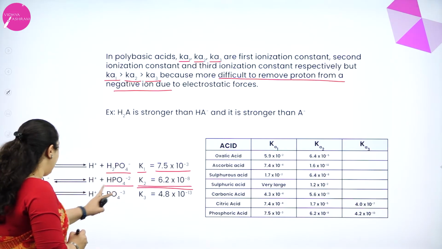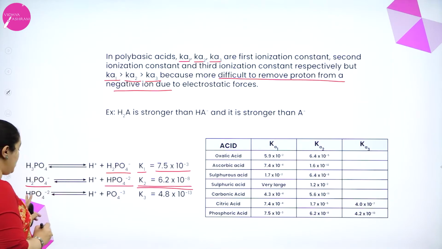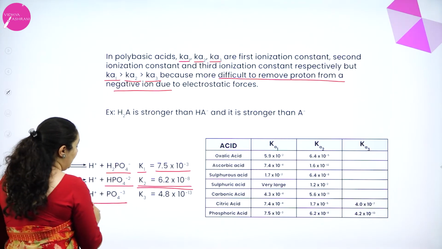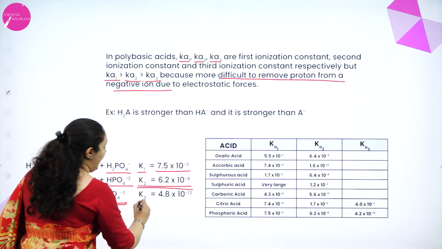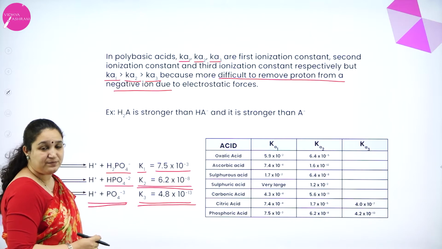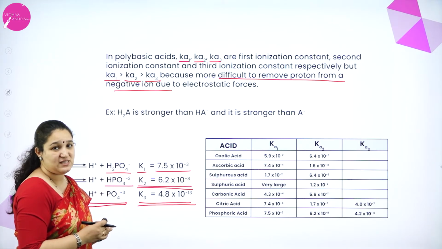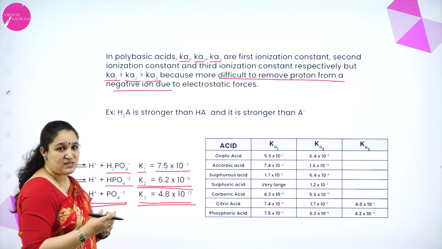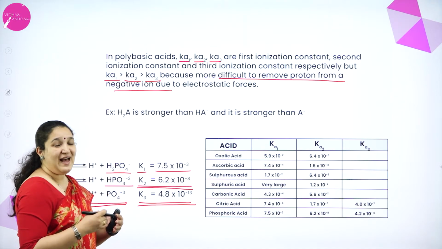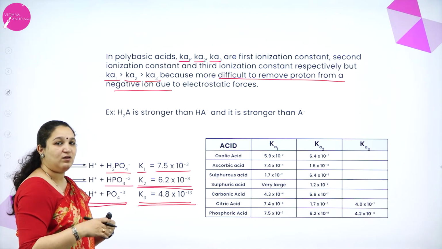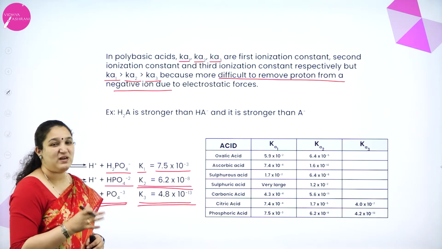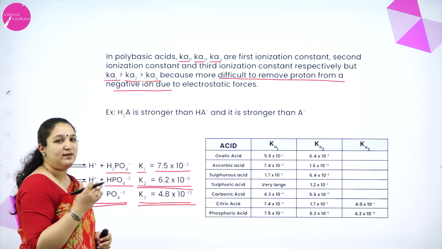Okay. From a negatively charged ion which has 2 negative charges, you can see HPO4 2 minus it is, to remove one more H plus ion becomes even more difficult and thus the value is very less. Okay. So what is the meaning of this? To remove one H plus ion is easy and the dissociation constant value is higher. It's a strong acid, but then the Ka value goes on reducing as more H plus ions are to be removed from the negative ion. So it becomes a weaker acid after it donates one H plus ion.